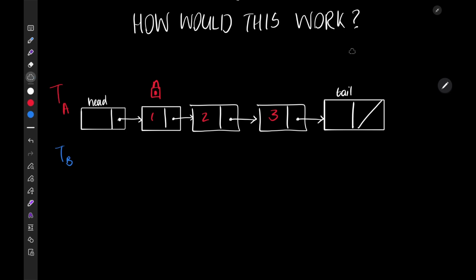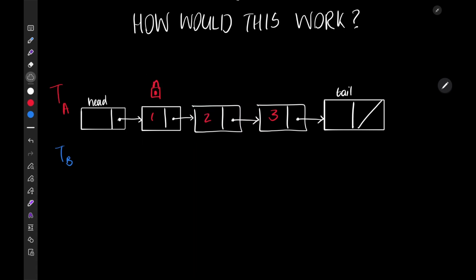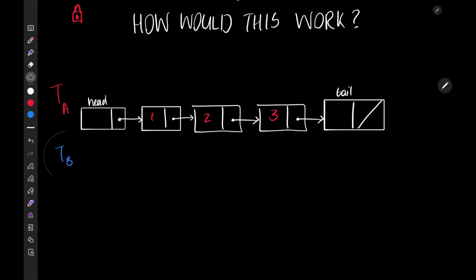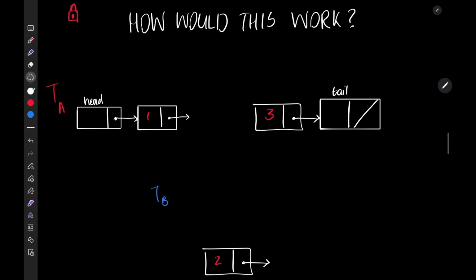My apologies, I actually have it in the wrong order, sorry. What happens is that A wants to go from 1 to 2, and so what it does is it lets go of this lock first, and then somehow some thread, let's just say thread B, removes 2 from the list, right? And so it removes it, and now thread A can't actually lock anything,